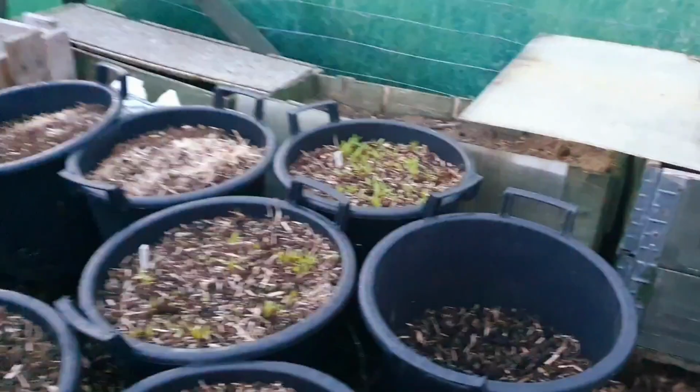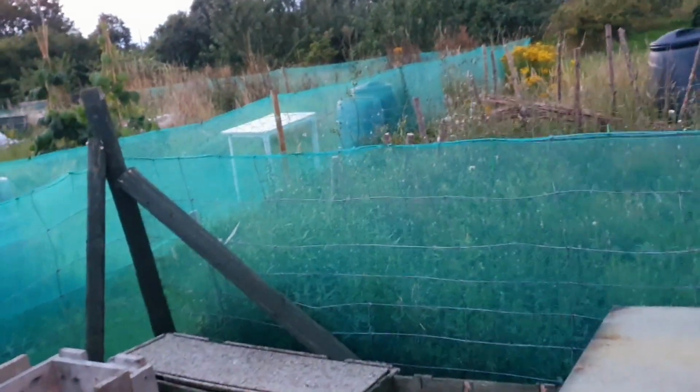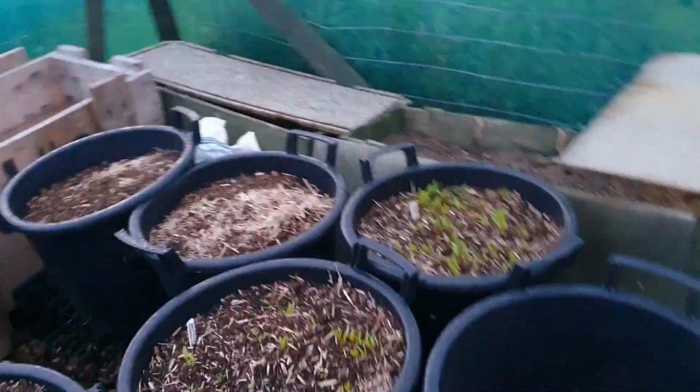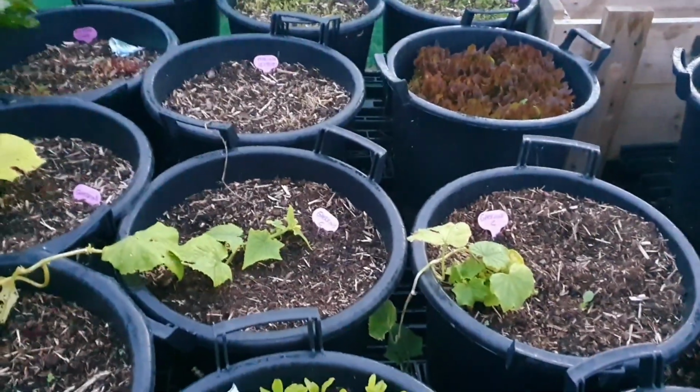I've got the last of the broccoli out, last florets, took the plants out. Of course, you've got slugs as well, so you have to contend with that. And if you've got any yellow leaves or whatnot on the bottom, get them taken away, or you're leaving a habitat for slugs. All these pots here, 30-litre pots,